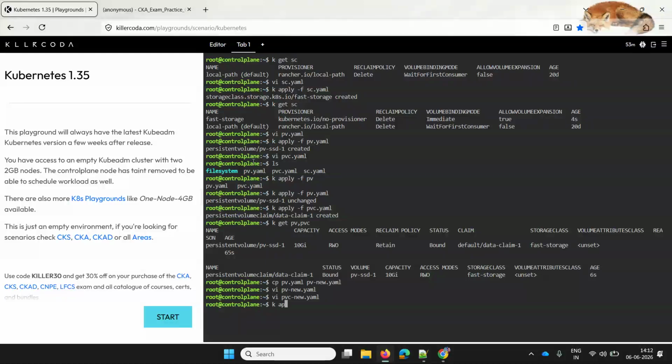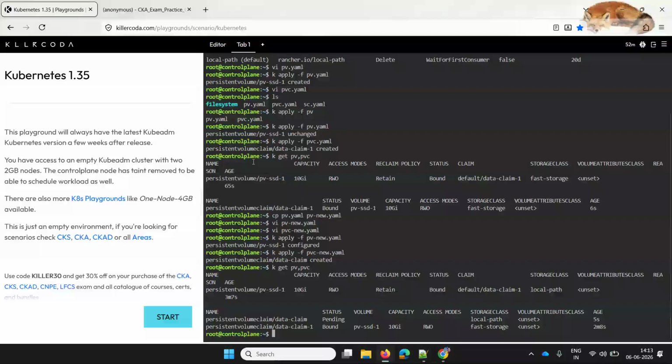Now I want to apply my pv-new.yaml. Also, I want to apply pvc-new.yaml, and I'll do get pv,pvc.